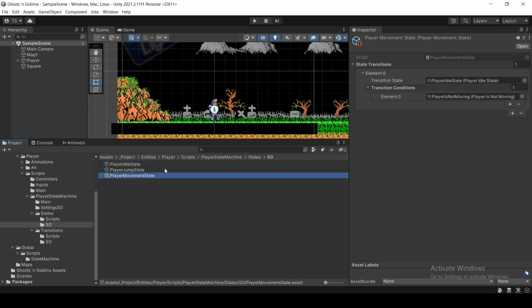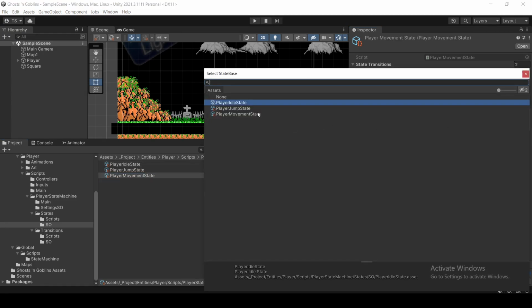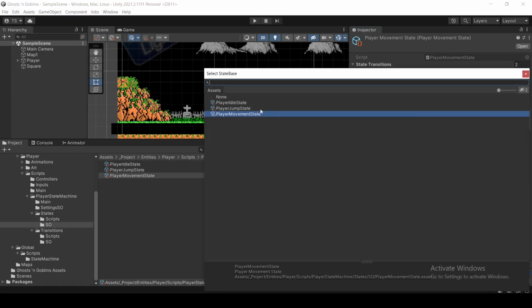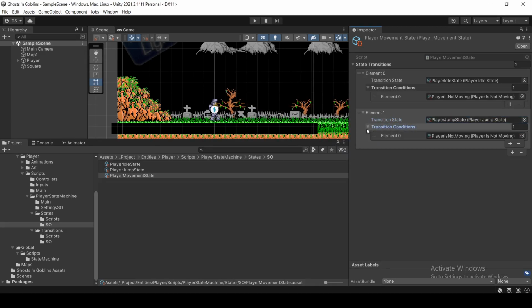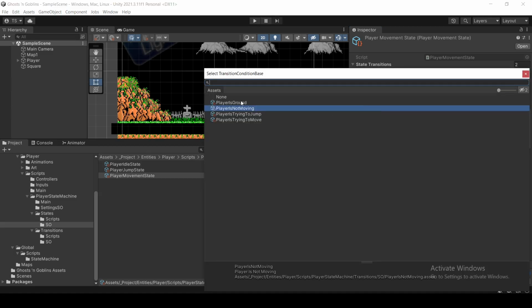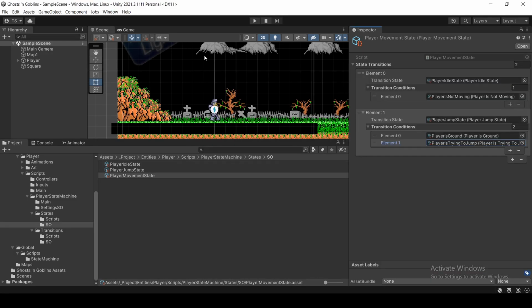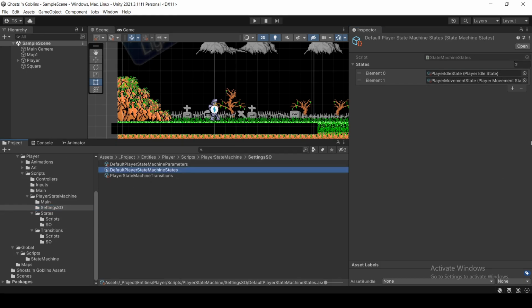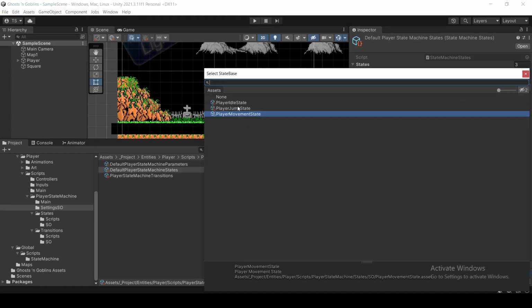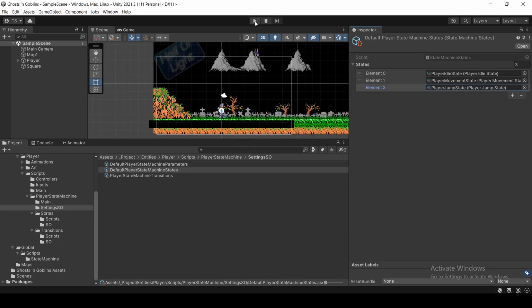And also do the same thing on the movement, to jump actually, if we are on ground and we are trying to jump. Now let me add this jump state, and if I press play,